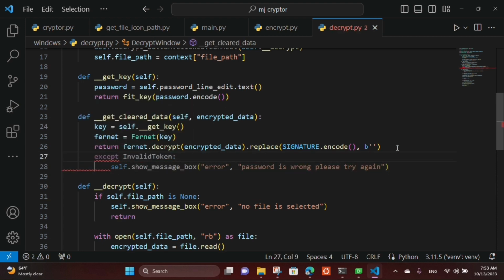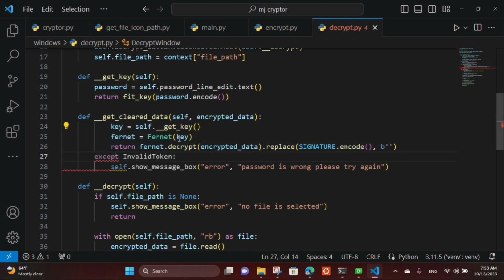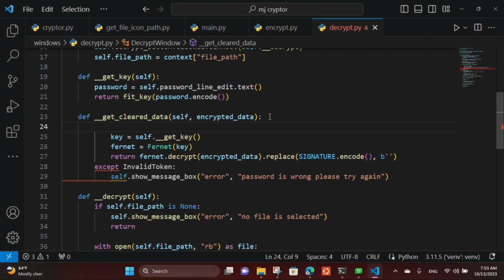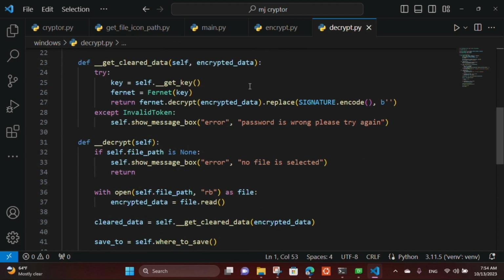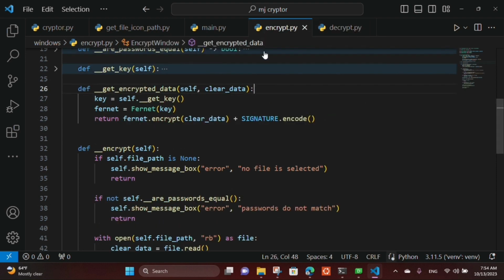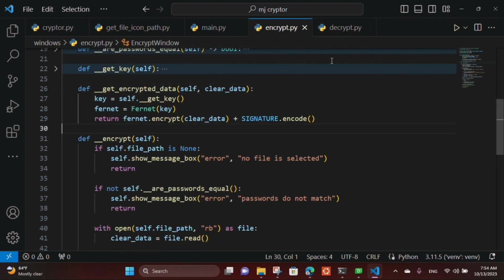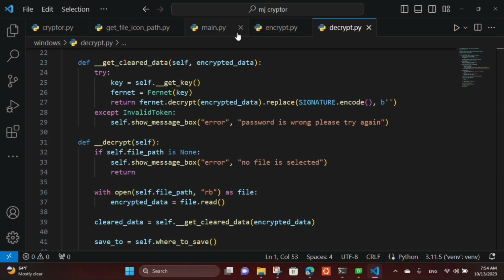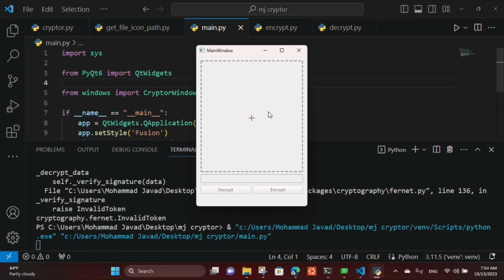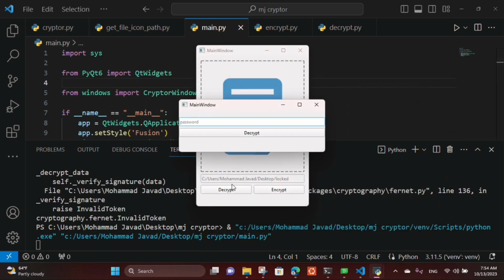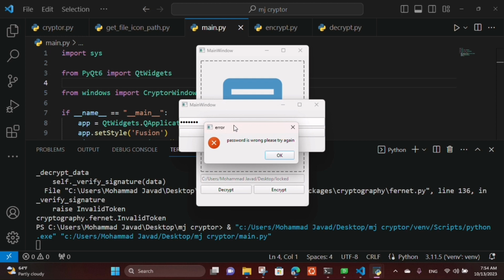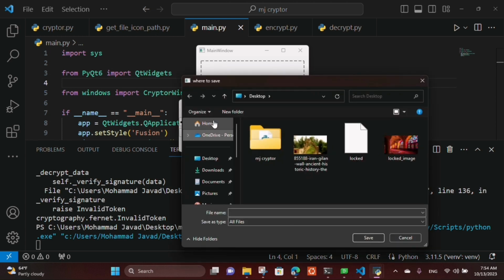I copied that here. I press tab to bring these guys a little forward. Do a try here, and then I have to import this invalid token from Fernet. Encrypt is no longer having that silly try except. And select the locked file,